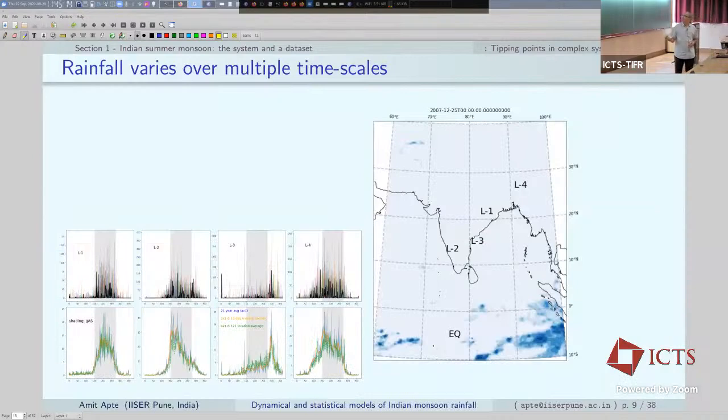That one, L1, this was the core monsoon zone, as we can expect. Nothing much up to May, picks up in June, July, August, September, then again goes away. L2 is somewhere, I guess the difference is the amount of rainfall, which you can't see here. But anyway, this rainfall is much higher than that. The peaks are much higher, as I showed in the Western Ghats, along the Northeast and so on.